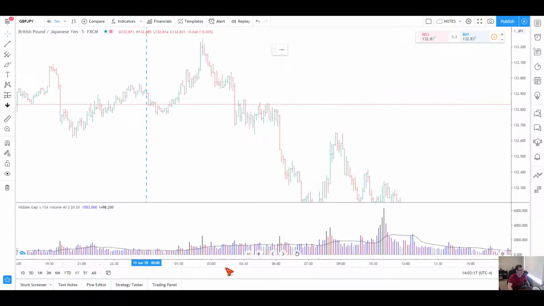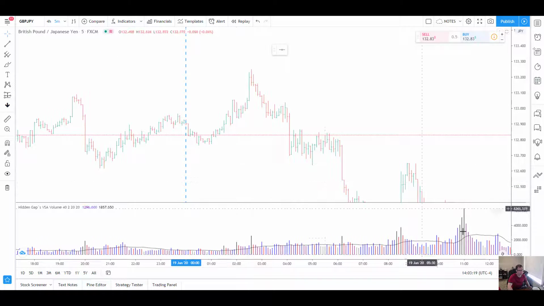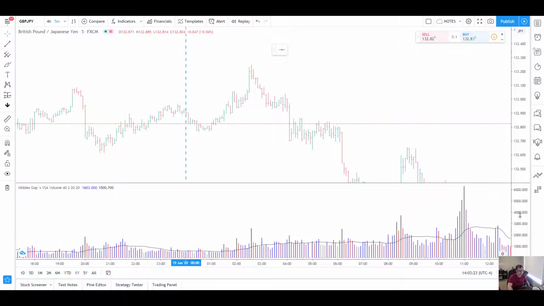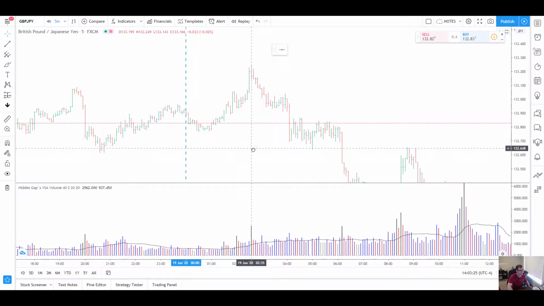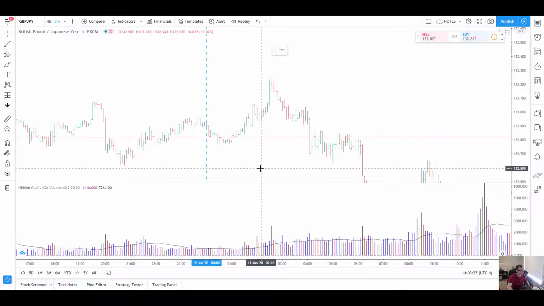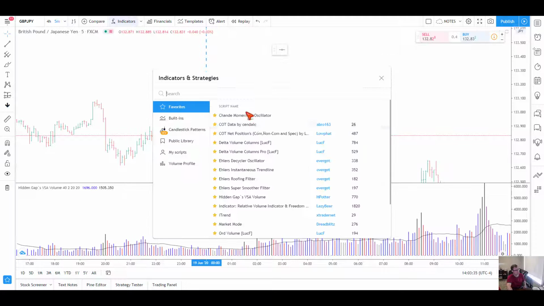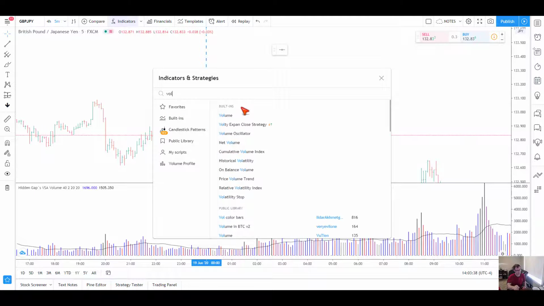Let's take a look at this chart. Here I am on the 5 minute. One thing that's important when you're looking at a chart, and if you do use volume, is to notice that the volume I have displayed on the bottom is quite a bit different from what TradingView normally has. So if we type in volume, we get what we